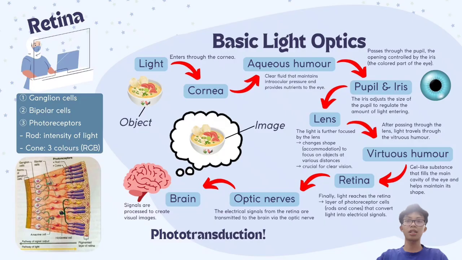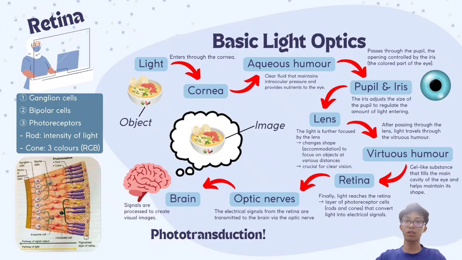And then the light is further focused by the lens and goes through the vitreous humor, which is the gel-like substance that fills the main cavity of the eye, and it helps to maintain the eye structure. Lastly, the light will reach the retina, which has a layer of photoreceptor cells, which are rod cells and cone cells, as I mentioned before, that will convert the light